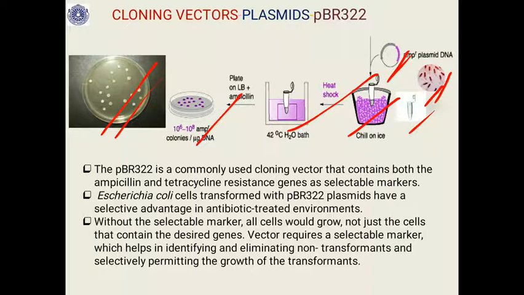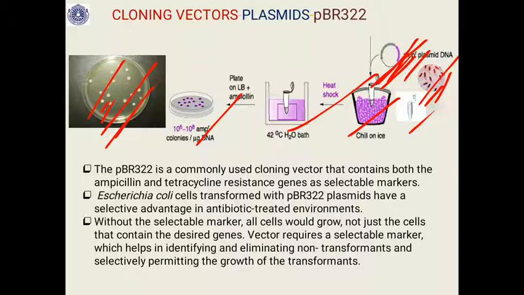What happens is that the bacteria expressing our plasmid will survive. Otherwise they don't have resistance. If they have not incorporated this plasmid, they will die. So these colonies are the ones having our gene of interest, which also carries the antibiotic resistance gene. That's why they have colonized. You can see these white colonies, they are the transformed bacteria,